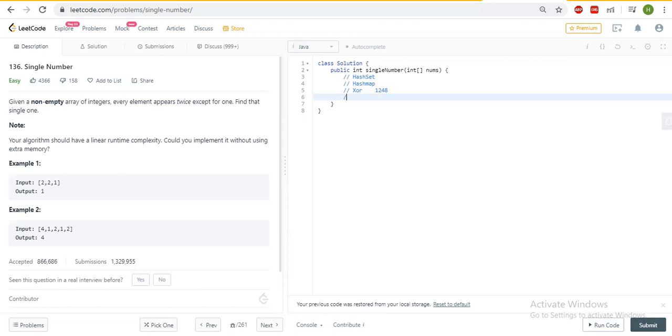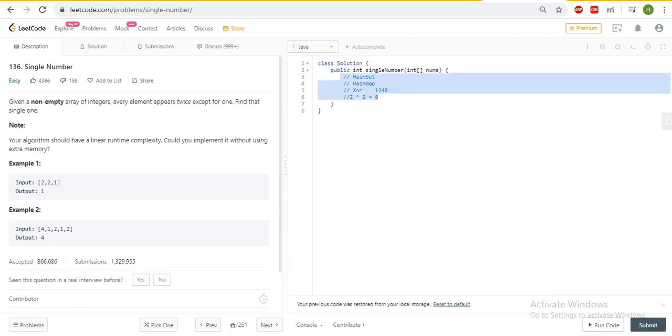Suppose I take the example of the first input. Here we have the element 2 two times. When I do the XOR of 2 and 2, it will give us 0. So this concept I will use. I will XOR all the elements, and till the end I will be left with only the unique element.